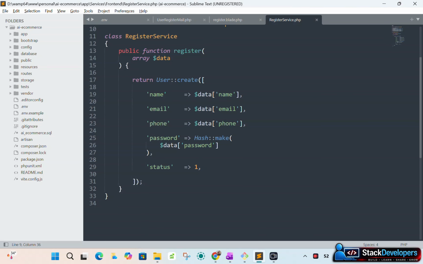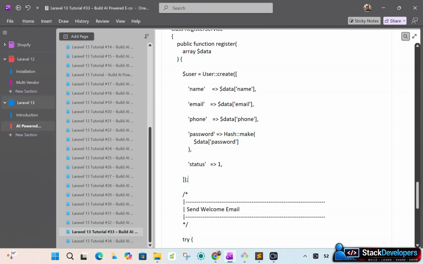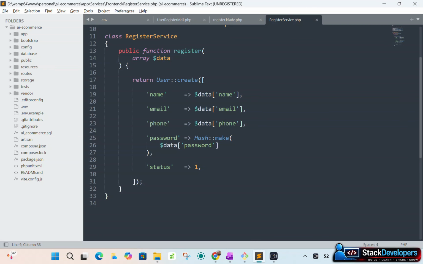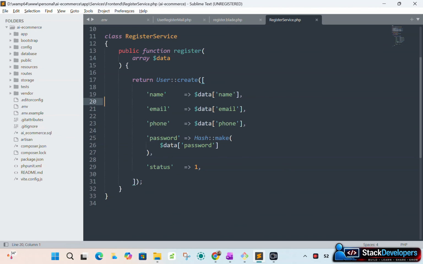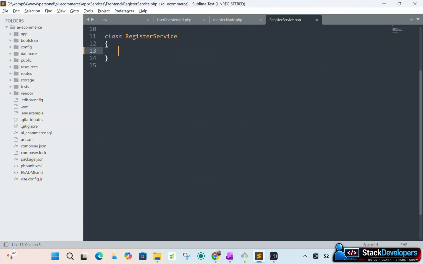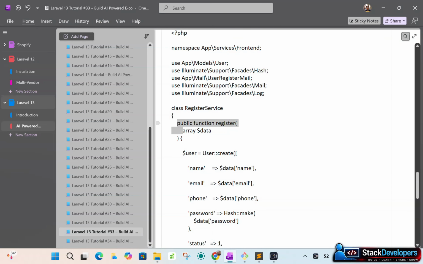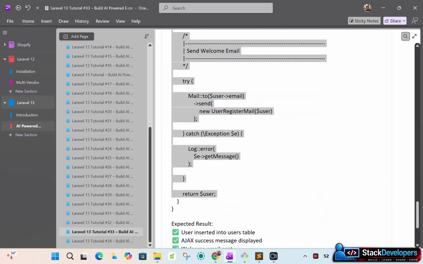Here you can see that we are going to modify the complete register function. It is better to modify the complete register function because we have directly returned here, so that's why we need to modify it. We are not required to directly return. We will first create the user, after that we will send the email. So here we are going to modify the complete register function